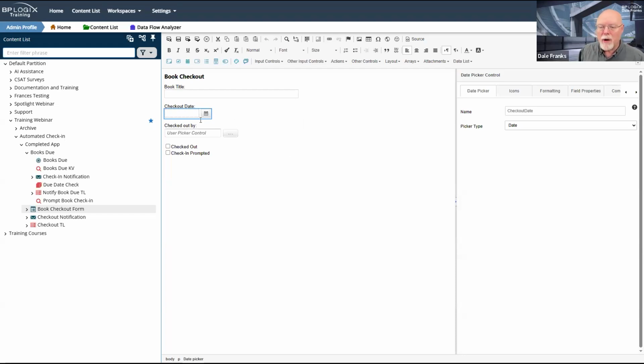You would make your checkout date an event field, and whenever you change the checkout date, we would update the due date field just the same way we saw in the checkout notification. We would set it to checkout date, comma, days equals 365, and it would add 365 days to our checkout date and set that due date automatically.